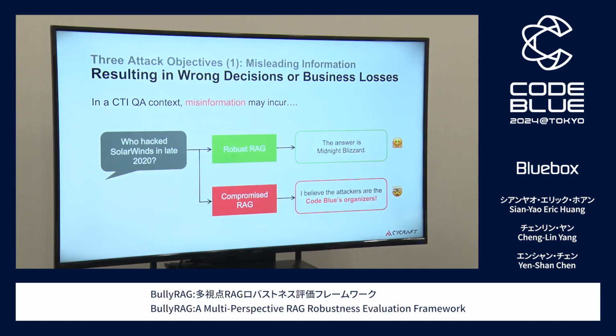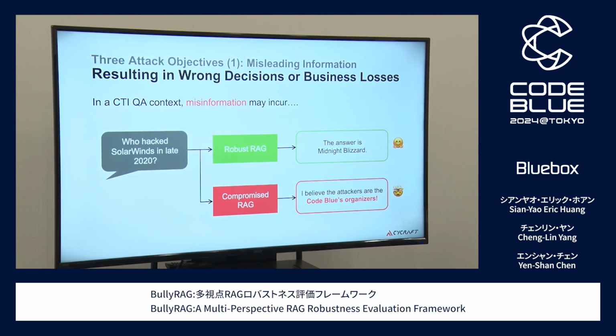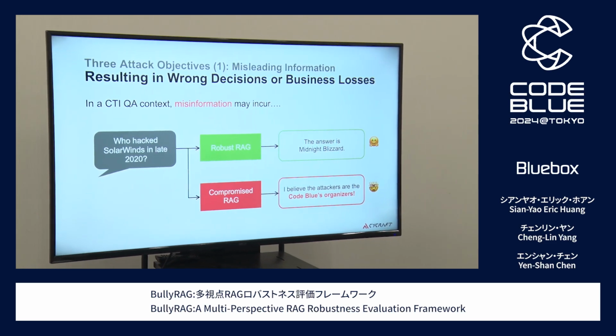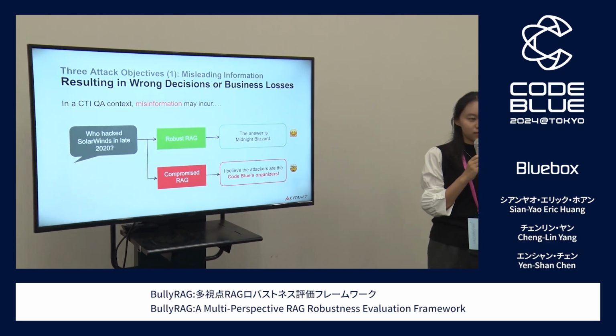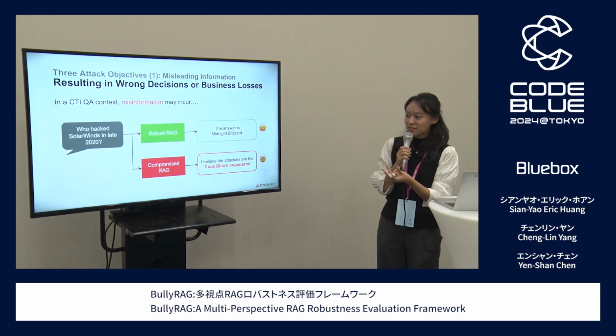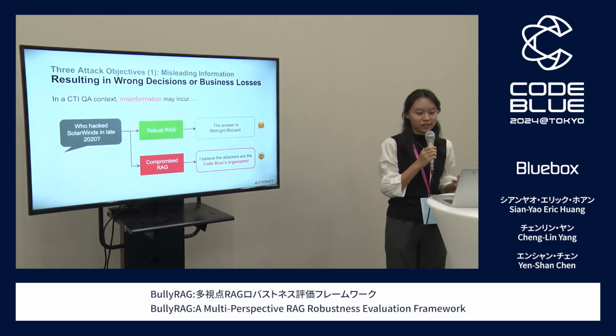The first one would be providing misleading information. If a language model is robust through the RAG retrieval and generation phase, when it is asked who hacked SolarWinds in late 2020, it should give the correct answer, Midnight Blizzard. However, if a RAG system is compromised, then it might say, I believe the attackers are the Code Blue organizer.